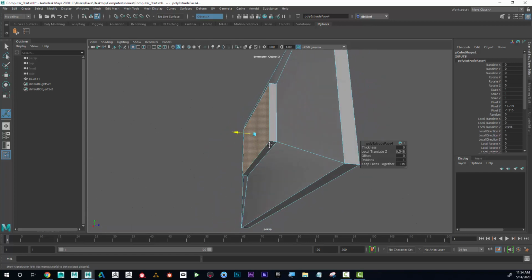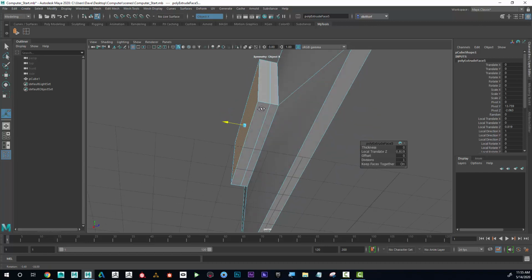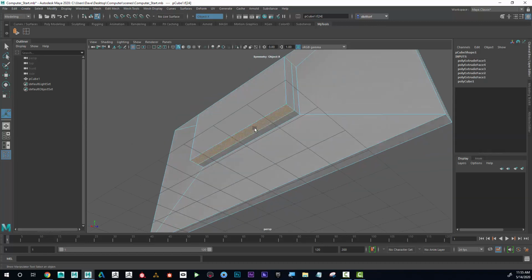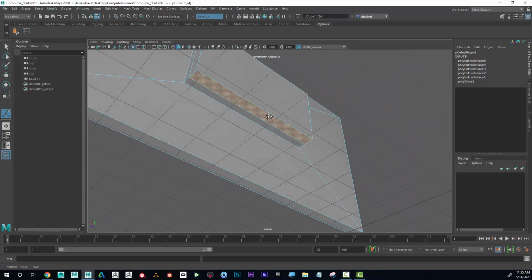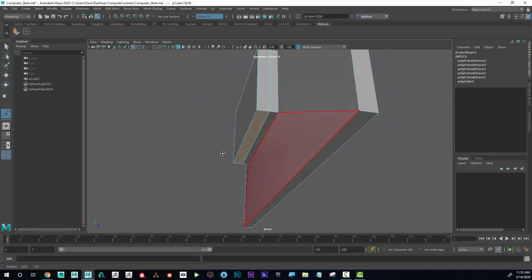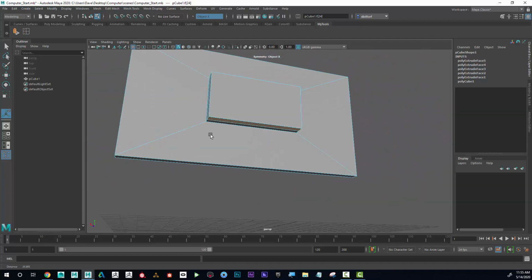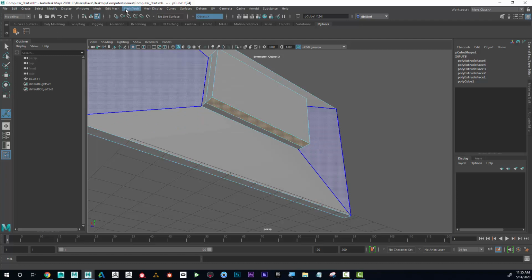So I'm going to extrude out one more time like this. And you can start to see why I did that, because I want this area right here. This is going to be an important area that I want to extrude down from to create the base. But really, that's going to be too thick and too wide for me. So I'm going to go up to my